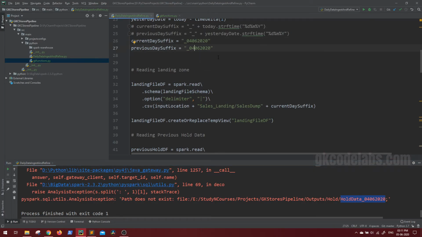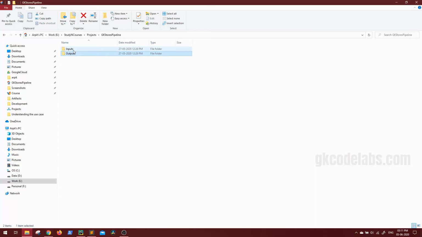The previous day will be 3, and we can create a new directory inside hold with the previous date. Today, the 4th, was the first day of GK stores, so on the 3rd there will be no data, and the first input we have received is the 4th.